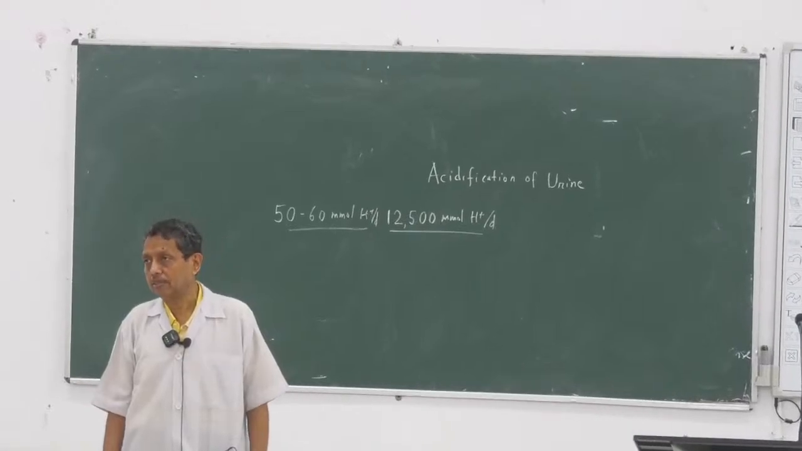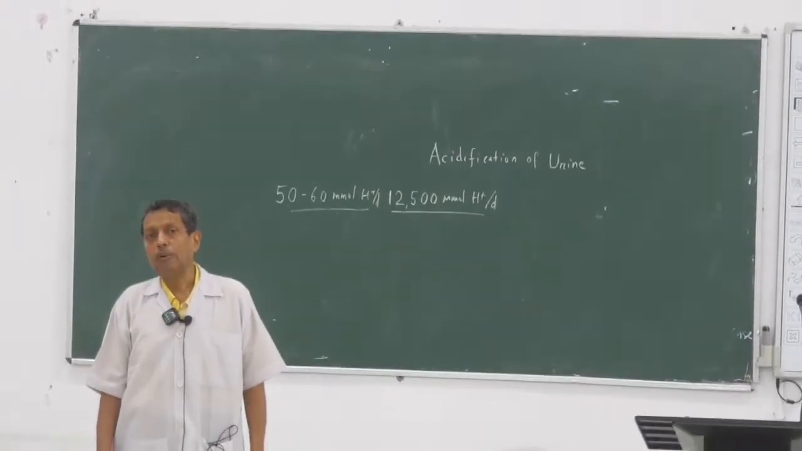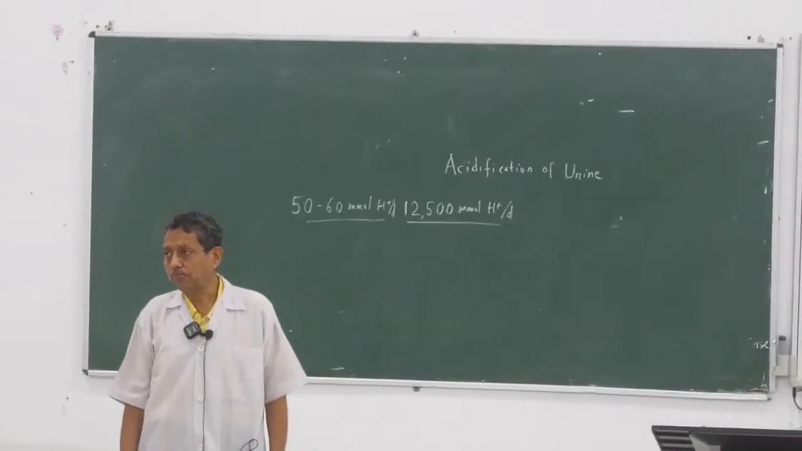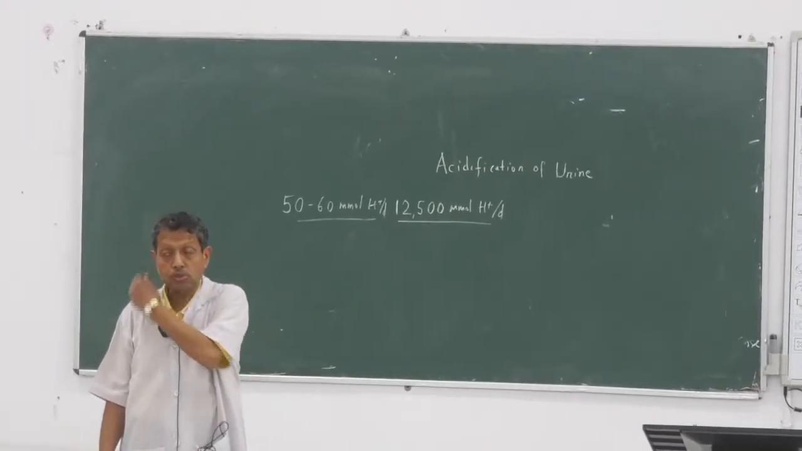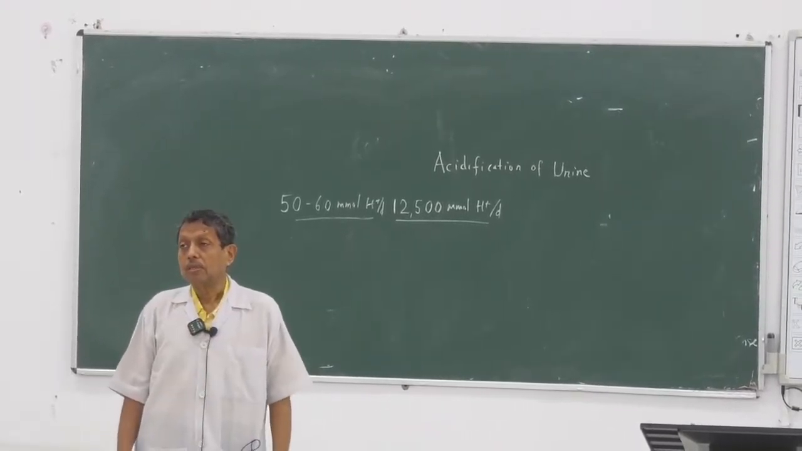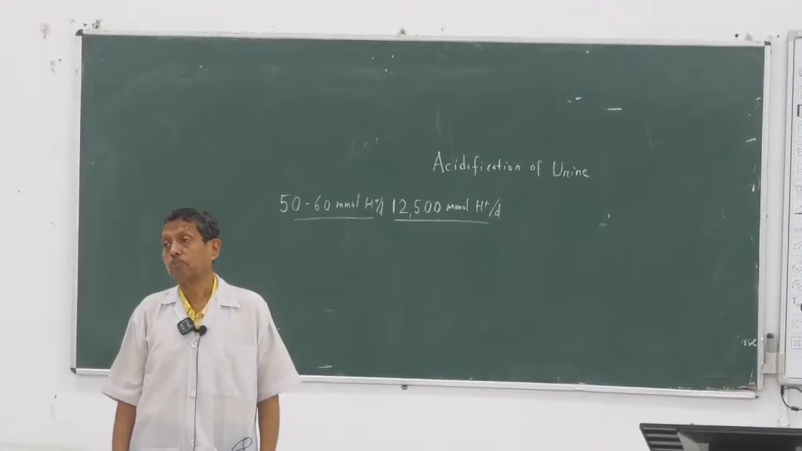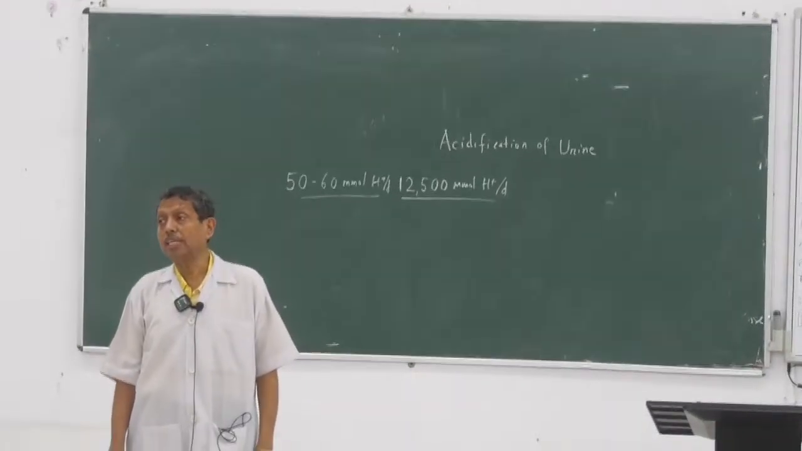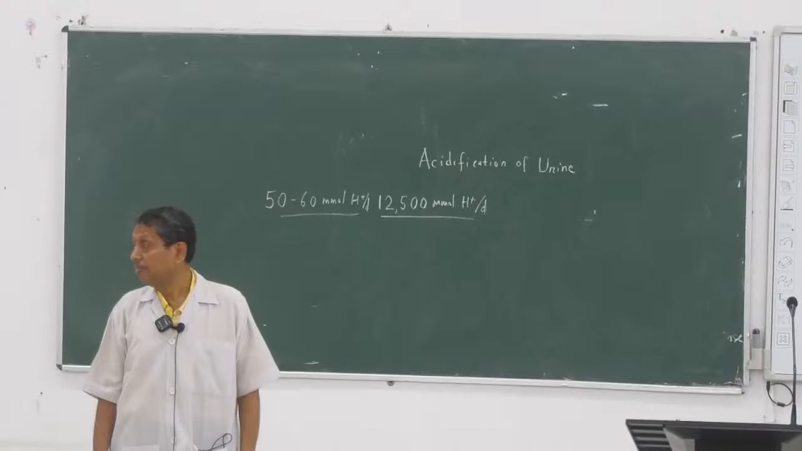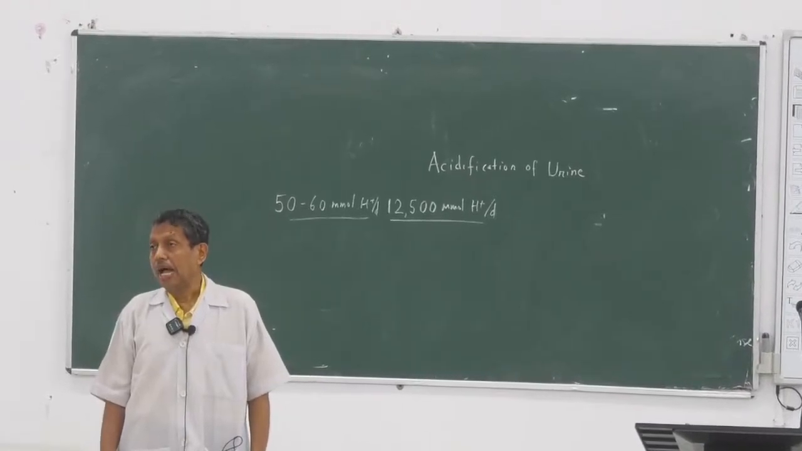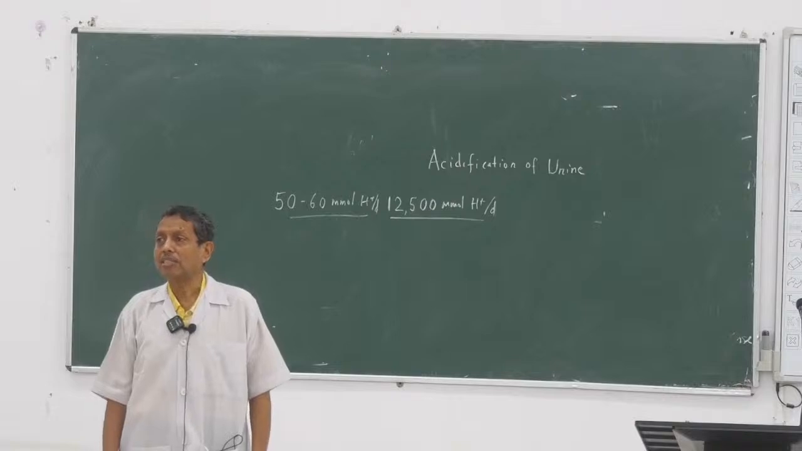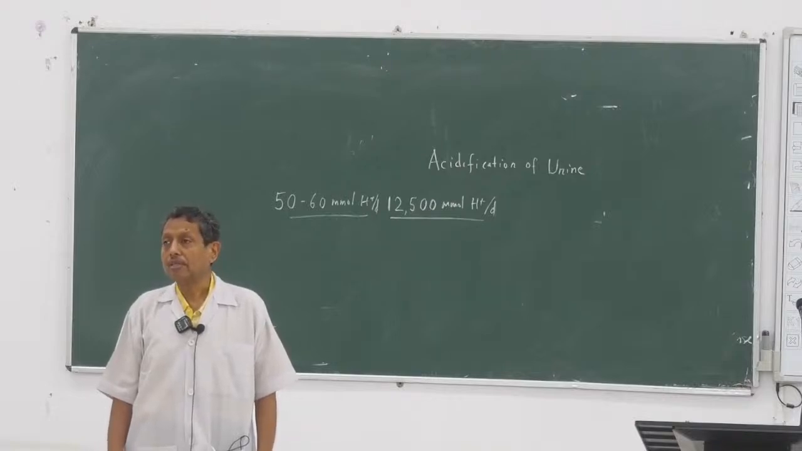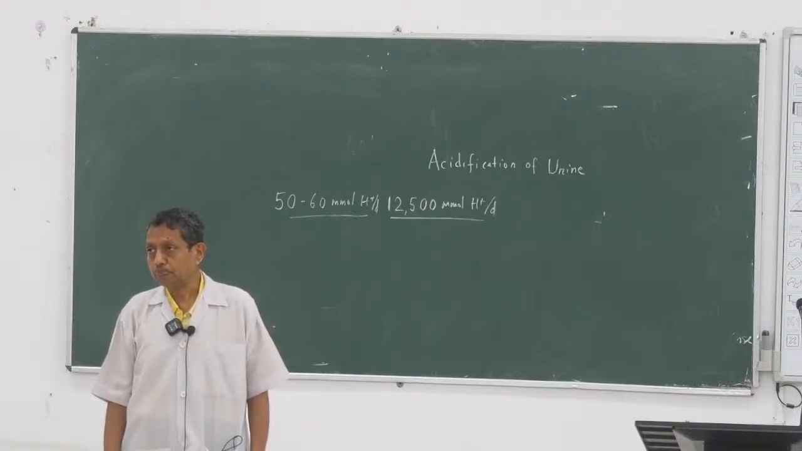Amino acids. Sulfuric acid is produced by the metabolism, and phosphorus containing compounds like phosphoserine also, their metabolism produces sulfuric acid, and also other organic acids are produced, and they must have to be eliminated by the kidney,